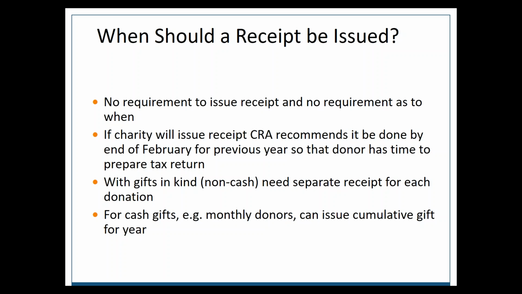So just another thing to keep in mind. Also, some charities get in a lot of trouble because they say, oh, we will issue a receipt within 48 hours of your donation. You shouldn't make commitments like that. I think you should acknowledge receipts, but an acknowledgement is a different thing. You should thank the donor quickly for their donation, but the receipts should be, for most smaller charities, certainly probably